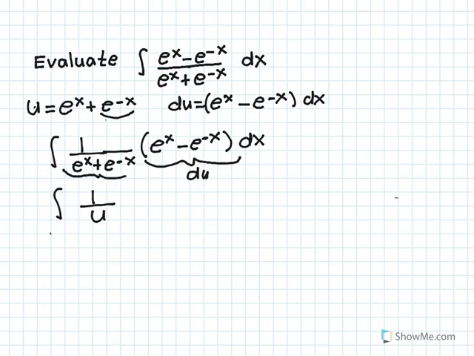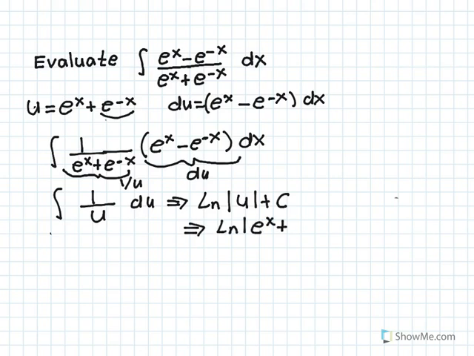So you get the integral of 1 over u du. The antiderivative of 1 over u is going to be log of u, that's log of u plus c. Now substitute u back in, and we get log of e to the x plus e to the minus x